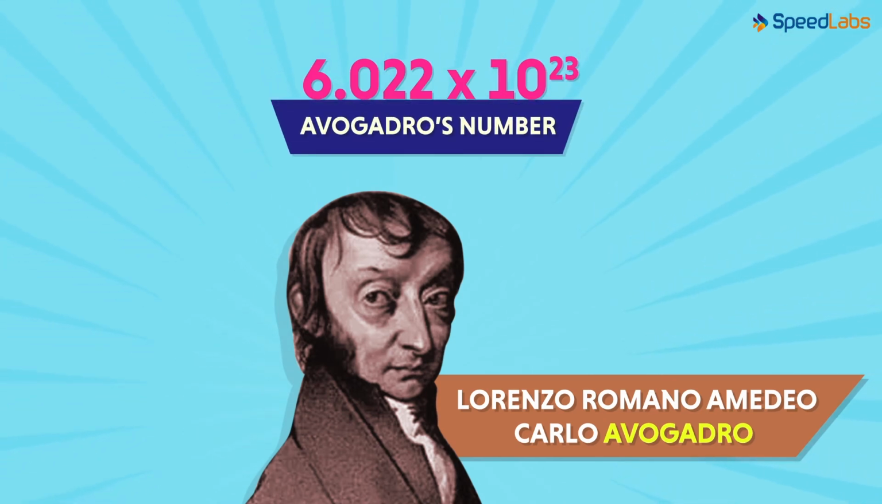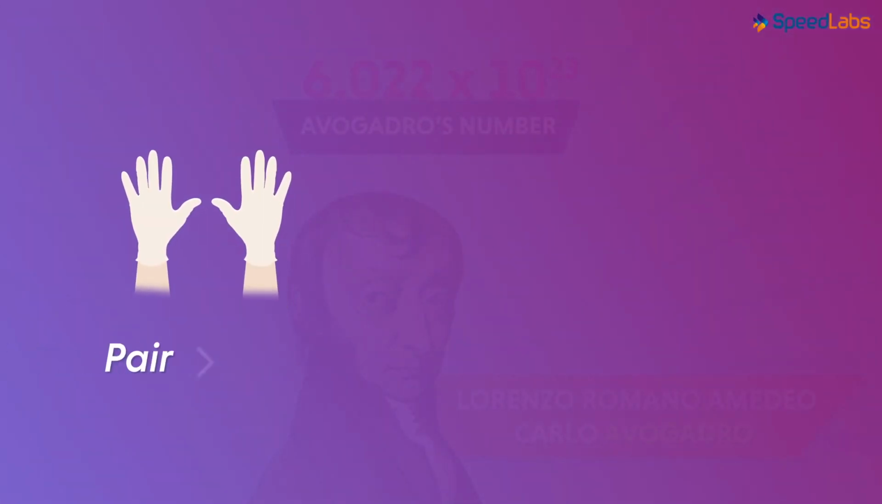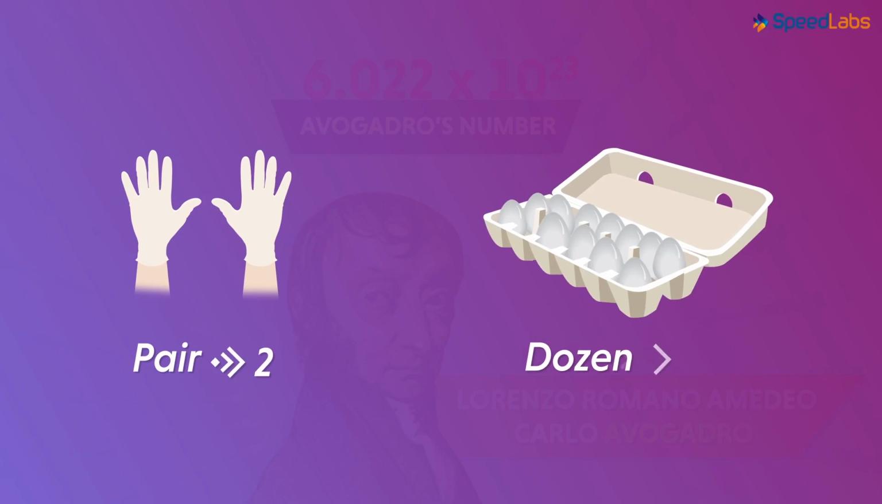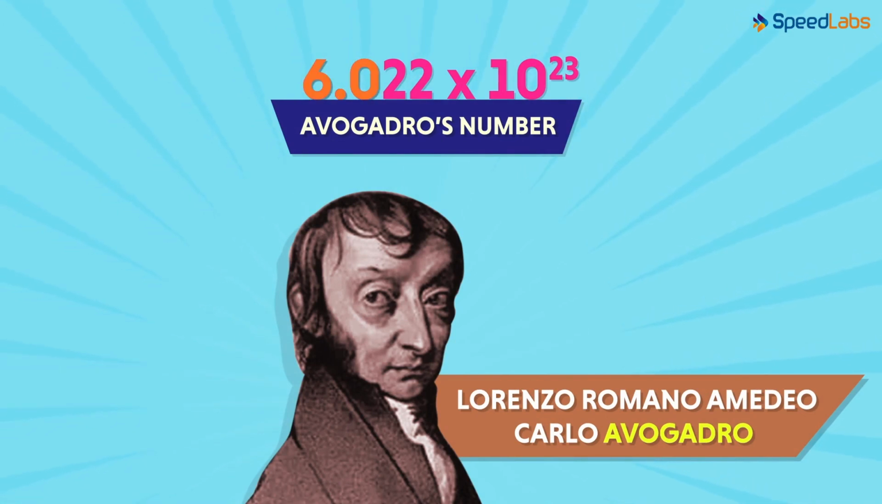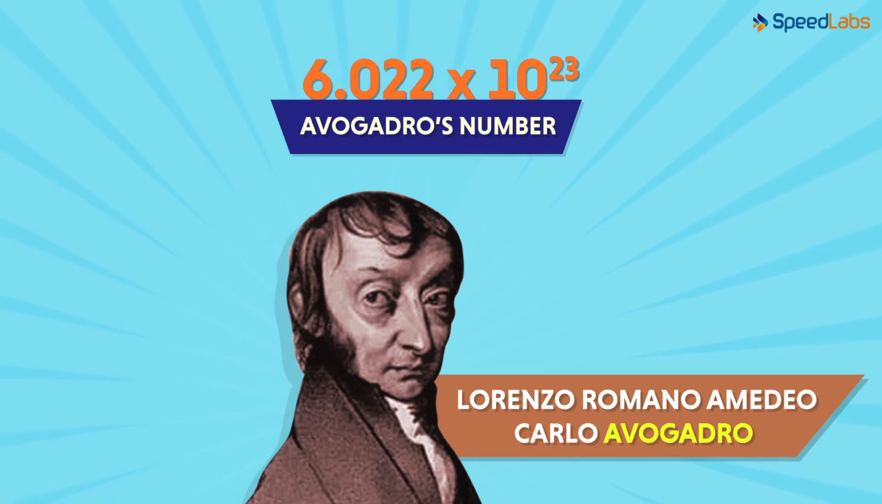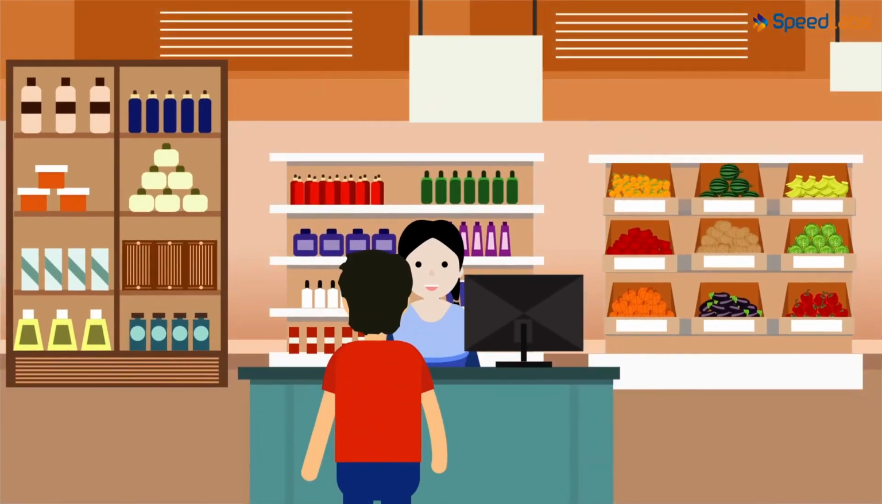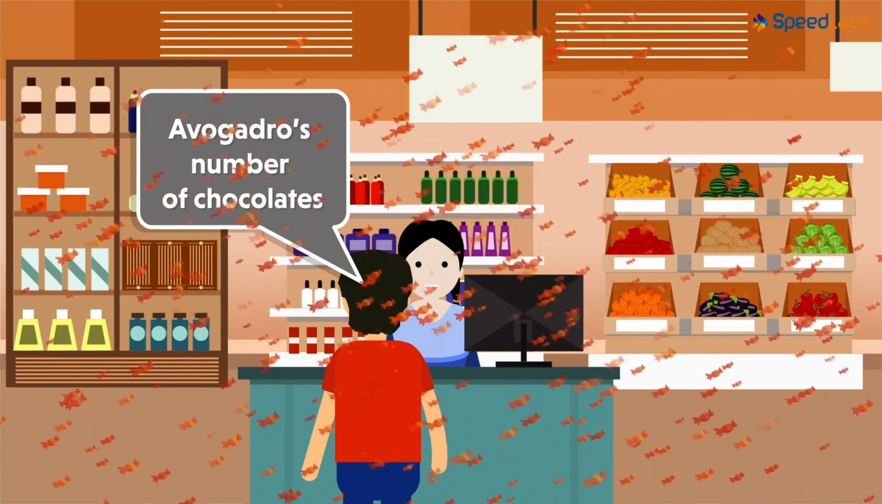It is just a number used to represent quantities. It's similar to how we use the word pair for 2 or the word dozen to represent 12. Similarly, Avogadro's number is the term used to represent 6.022 times 10 raised to 23 number of any entity. So can we go to a shop and say, I want Avogadro's number of chocolates? Of course we can. The only problem is that the shop won't really have those many chocolates and need